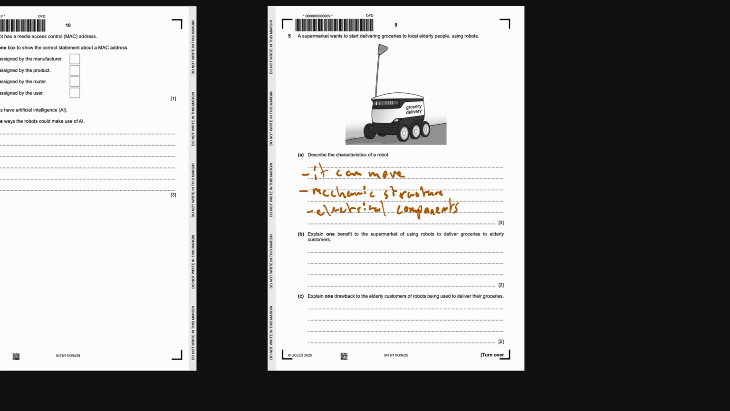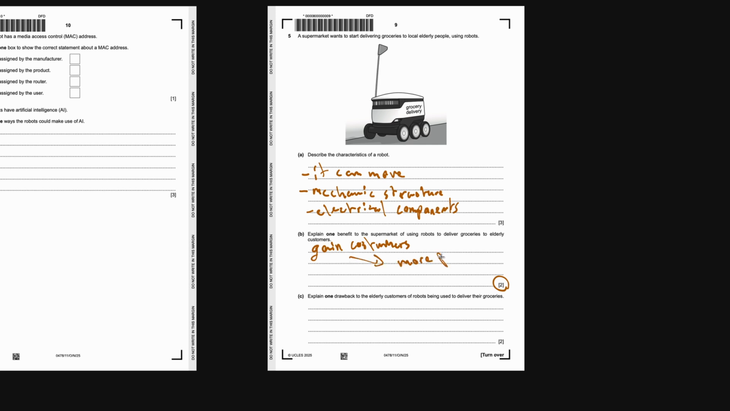Any normal reason would be good here. So, for example, state any benefit for the supermarket. For example, it will gain more customers, which will increase their profits. Any normal benefit. Of course, this is a 2-mark question, so you need to state the benefit and explain it. For example, state that the supermarket would gain customers, and then show the examiner that this would lead to getting